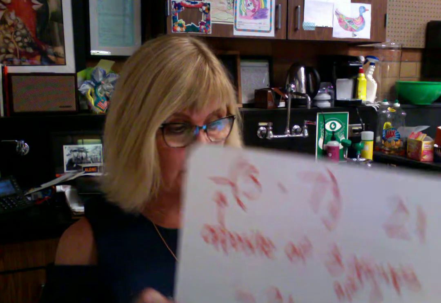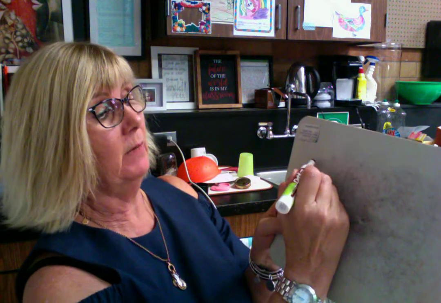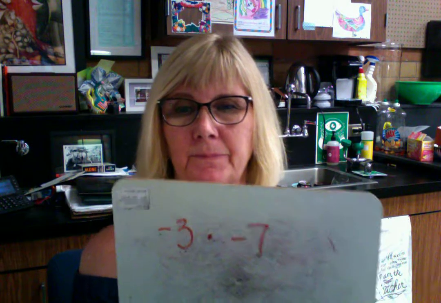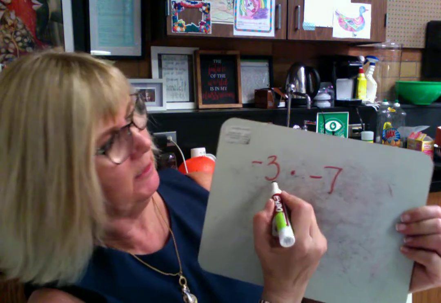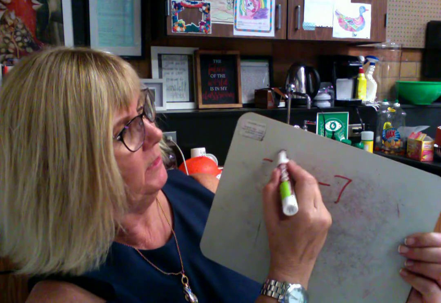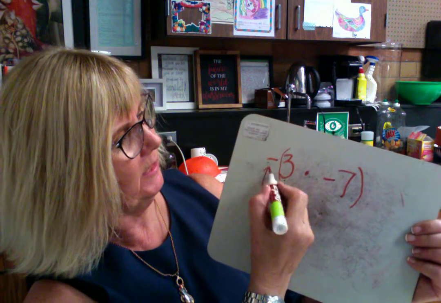So I bet you can kind of figure out where we're going next, which is, what if it starts out with, and this board is really bad, but we're going to use it anyway, negative 3 times negative 7. So what does this actually mean? Stop and think about it. Put in those imaginary parentheses. This is the number of groups, but we can't have negative 3 groups. So we're going to put in those imaginary parentheses, and it means the opposite